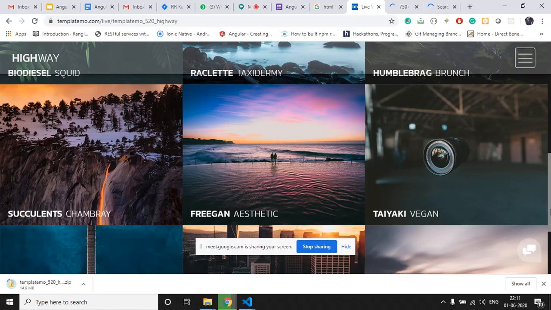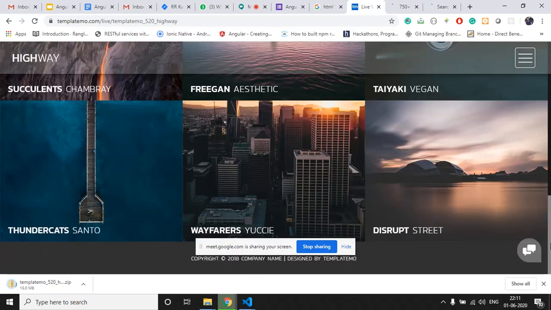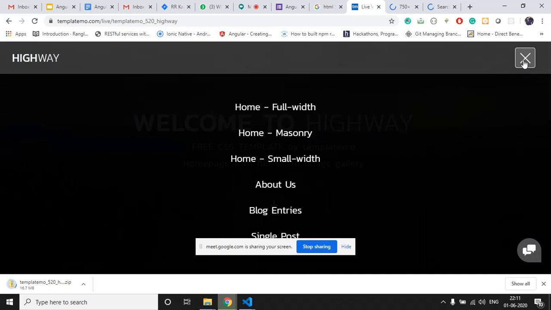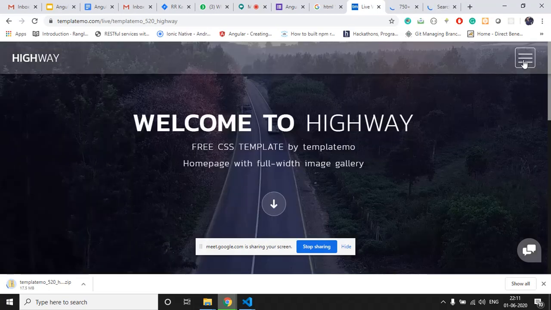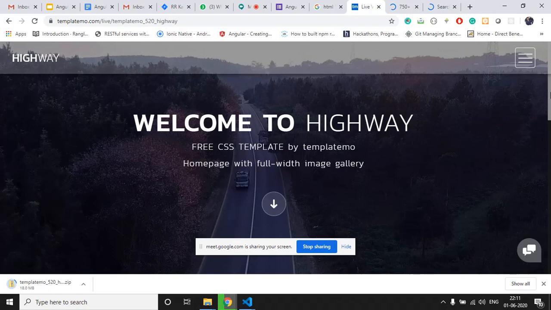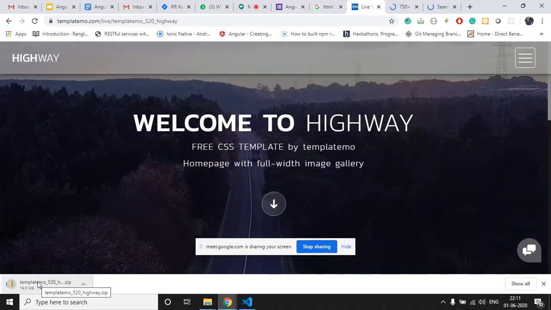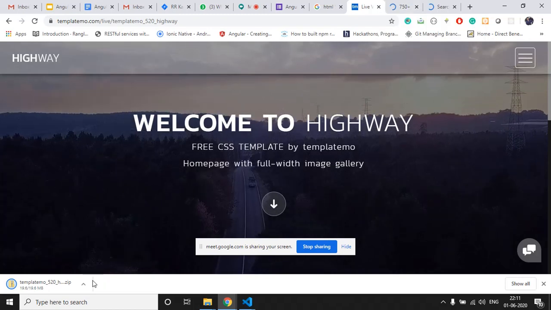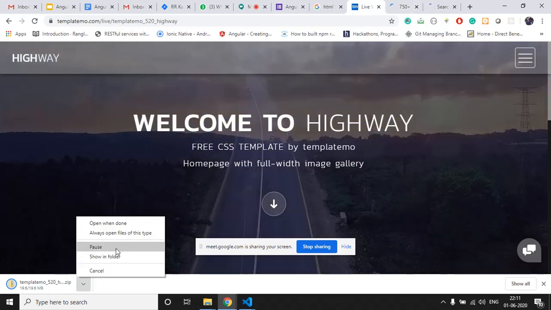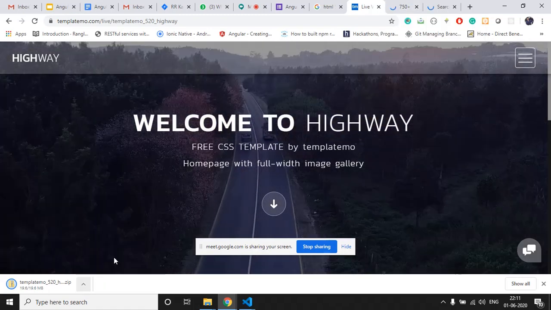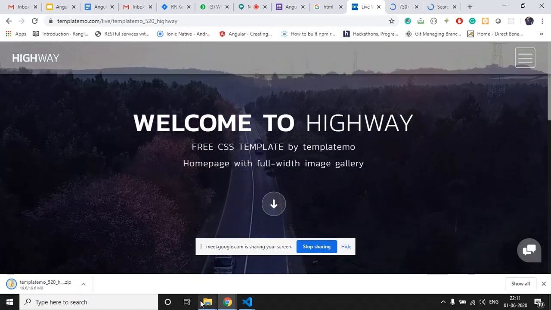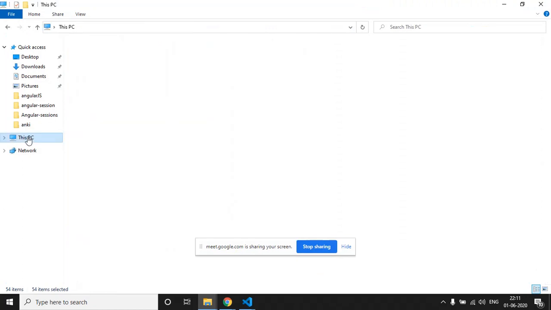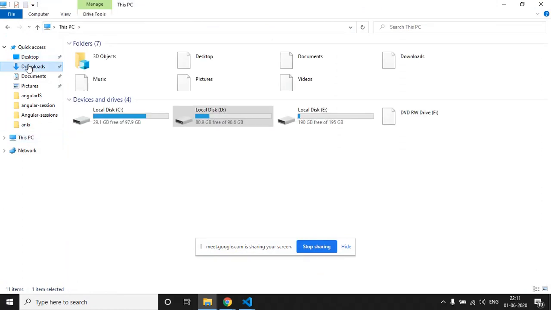We will try to integrate this template in our application. This will be the menu for it. It is still downloading. Yeah, now it is completed. Let's check it in the browser.